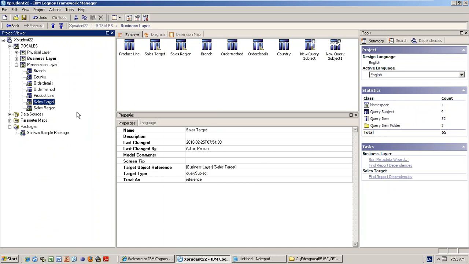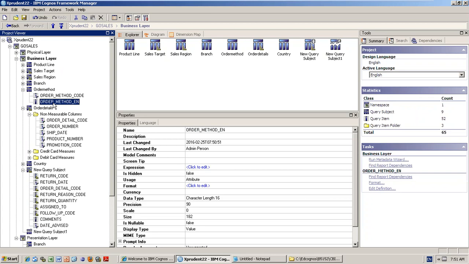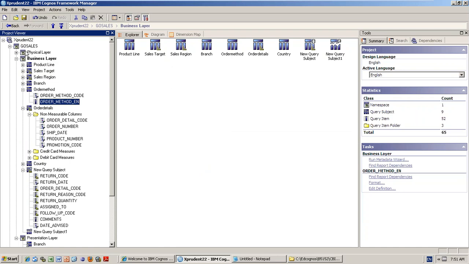Whenever you select the properties of a particular table, when it was changed, who changed it, what is this? If you take the column, what is the usage property, what is the length of this one, everything, all the properties. So this is the property tab. Tools means you can search, whatever things I told you. But now, if you don't want the properties tab like this, you can uncheck that.